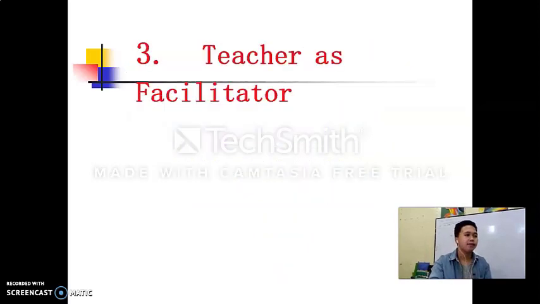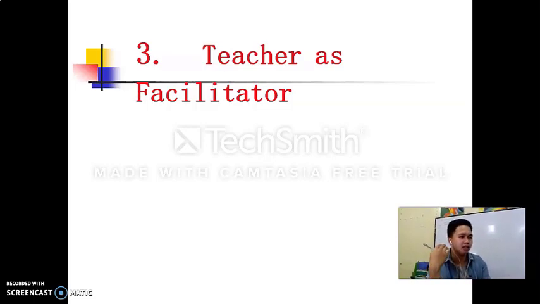Okay? So, number 3 is, in inquiry-based, the teacher is only a facilitator. Because in the traditional, the teacher is the dispenser of all knowledge. The teacher gives everything, right? He dispenses his knowledge. From that term that we call spoon feeding. Before, it was just spoon feeding. Students will ask, the teacher will answer.